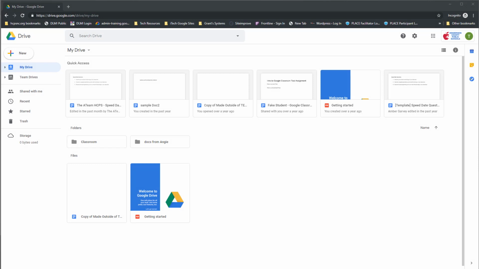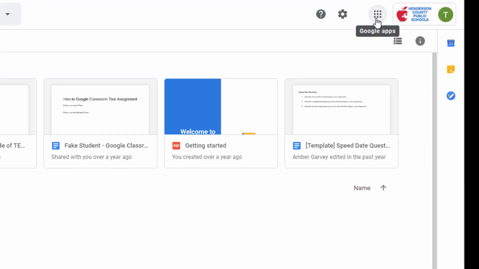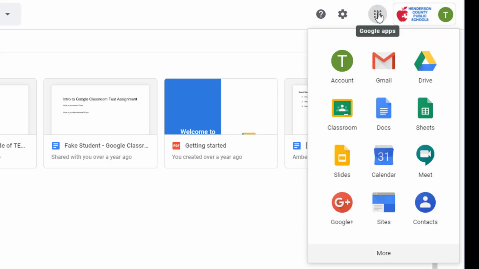I wanted to go over a basic introduction of the interface of Google Drive, but before I do that, I do want to point out something that is a super helpful tip when using Google Drive. So the first thing I'm going to do is go up to the waffle, or some people refer to it as the Rubik's Cube. But when I click on that Google Apps menu, there's several different things available to me,